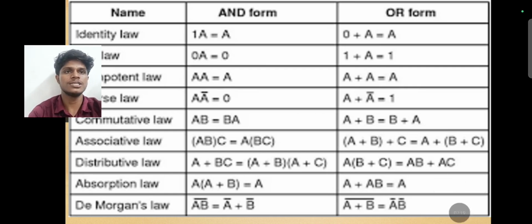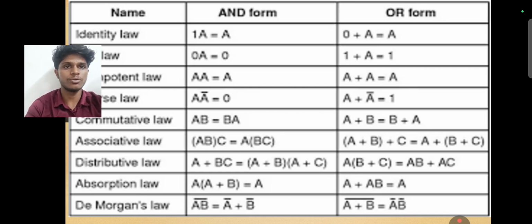The basic applications of Boolean algebra. First, digital electronics and logic circuit design. Boolean algebra is used to design and simplify digital circuits like AND, OR, NOT, NAND, NOR, XOR, XNOR. Example: designing an adder, multiplexer or CPU logic. It helps reduce the number of gates, saving cost, power and space.